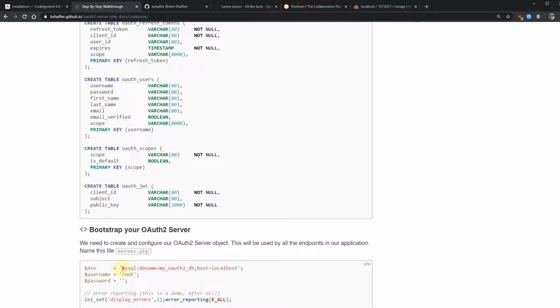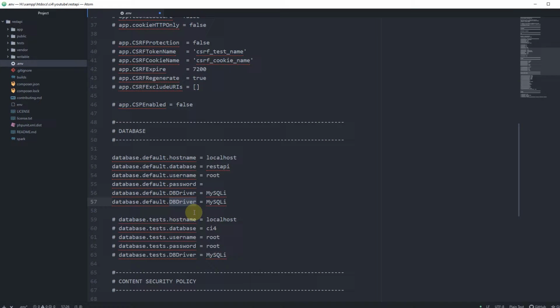So take this line and go back to our project. So let's name this variable DSN, single quotes. Just change the DB name to our REST API DB name, host localhost. Yeah, this is good. Save,